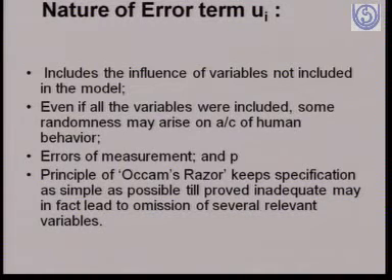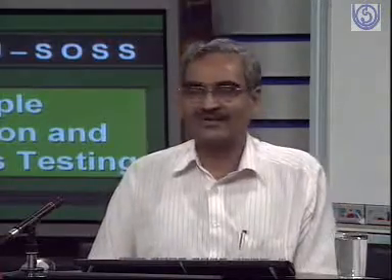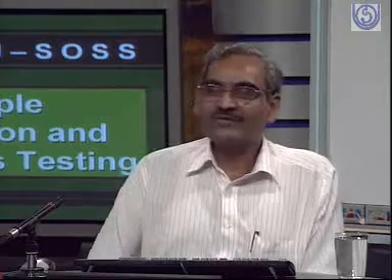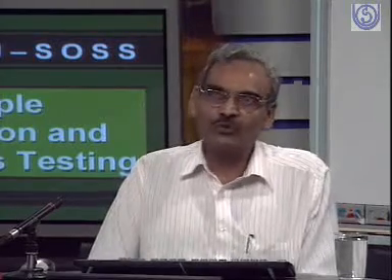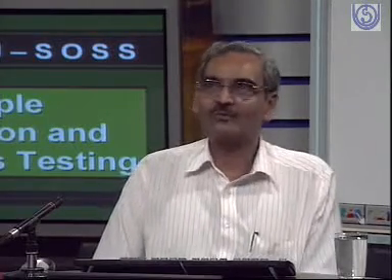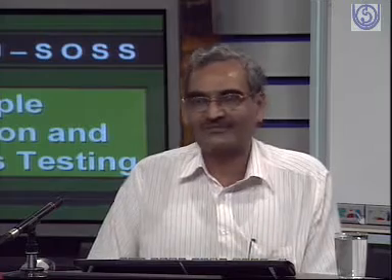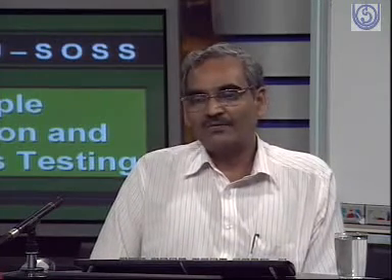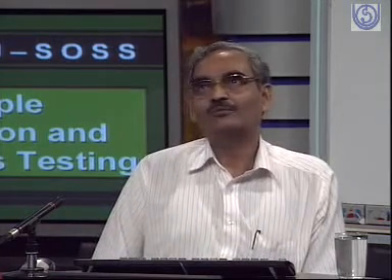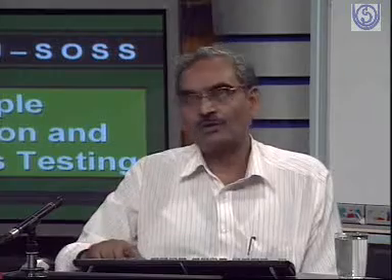So we try to manage with as small a number of variables as possible unless some specific requirement is there to include more variables in the model. Right? So this is the nature of the ui term. It includes all the variables which have been excluded from the model, which have not been considered specifically. Therefore, this ui term plays a very significant role in our